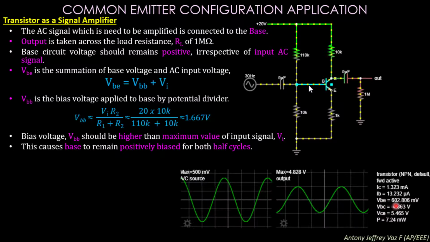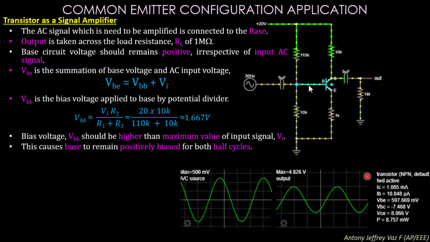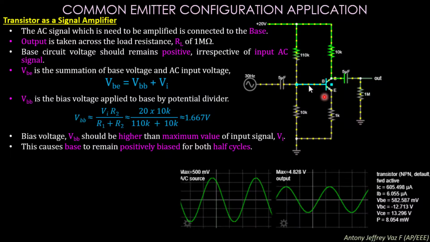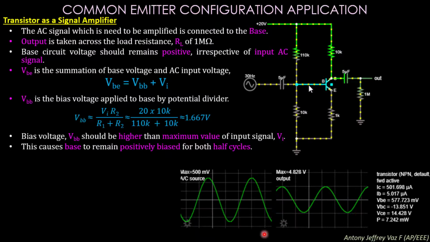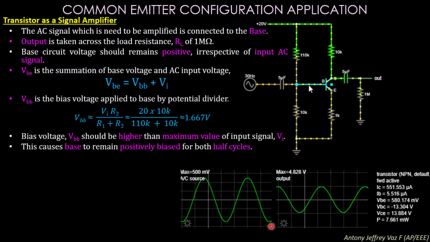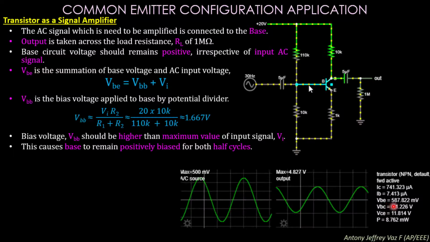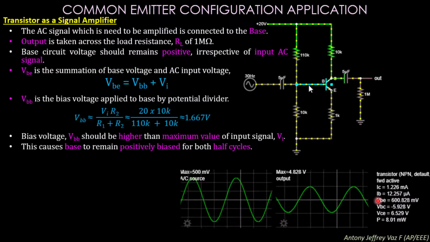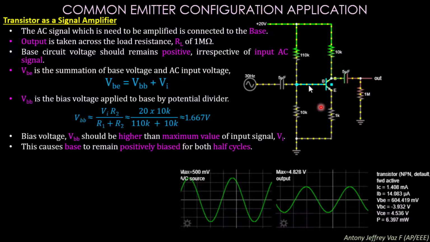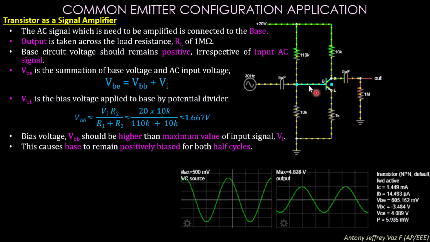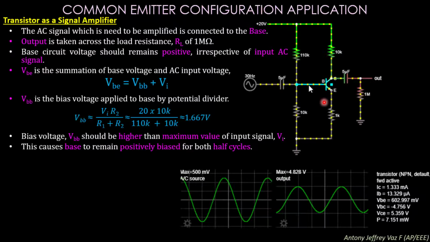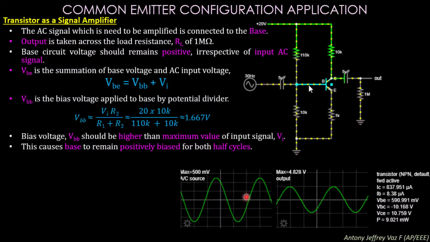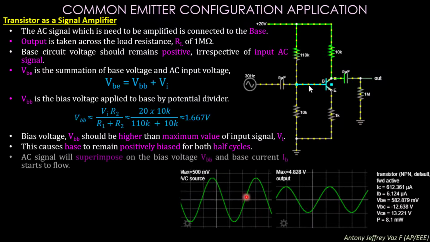This represents the base emitter voltage which is present here. That is, the VBE voltage which is present here causes the transistor base emitter region to always be forward biased. In the negative peak, you may see the base emitter voltage is about 580 millivolt. So this is the main case to keep the transistor forward biased irrespective of the sinusoidal waveform which is being applied to the base of the transistor.